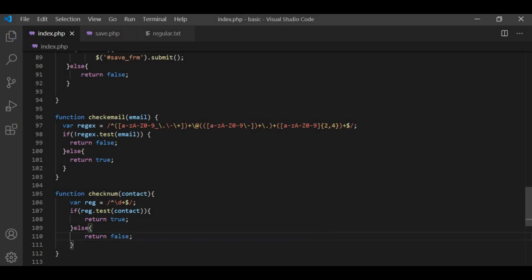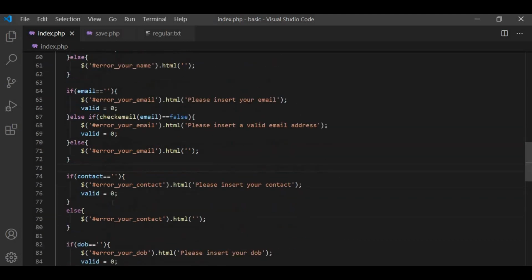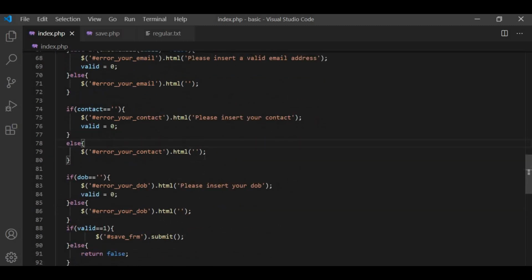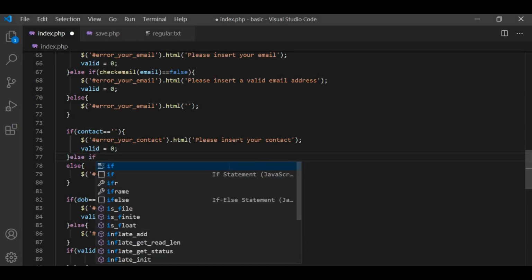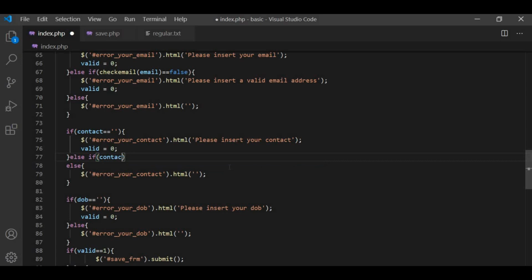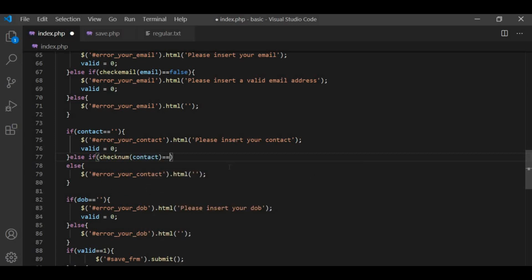Now we will use this checkNum function in our validate function. As you can see, this validate function is from my previous video on front-end validations. There you can see the full front-end validation. I will provide that link in my description. Now we will check the contact number: if checkNum, we will pass our variable contact here, and if that returns false,